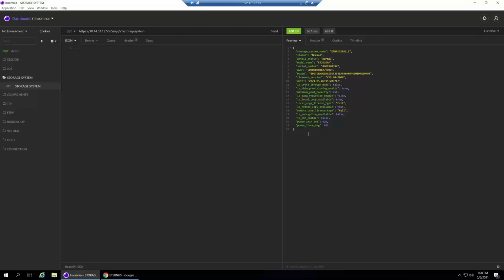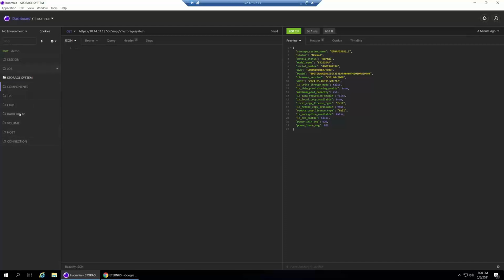So RESTful APIs are basically just another way to use your system, to manipulate it, to create resources or delete, and it's really easy to script in case you have a specific goal to achieve on the system. So as you can see, after the base path, we always provide the component that we want to reach.